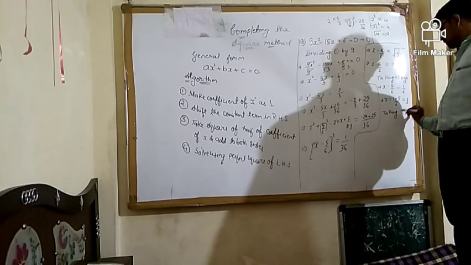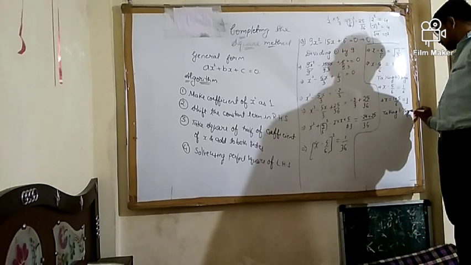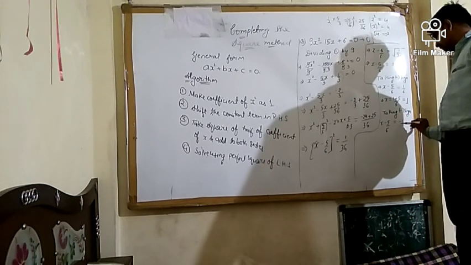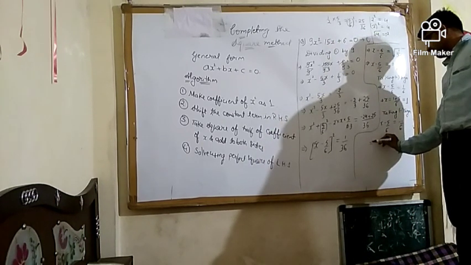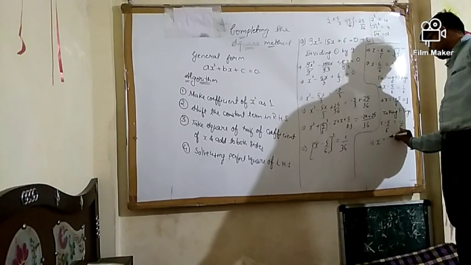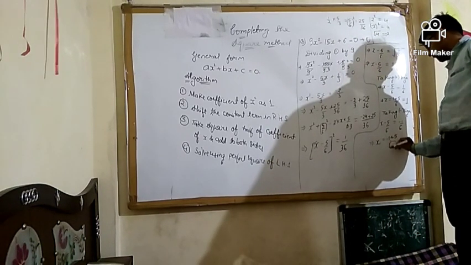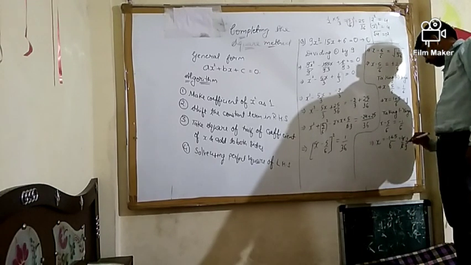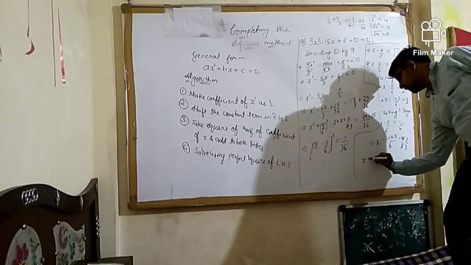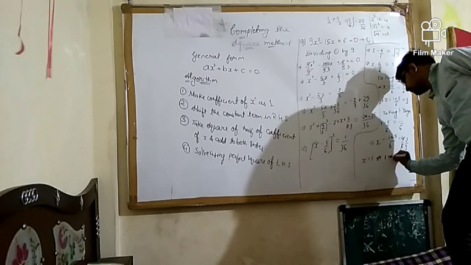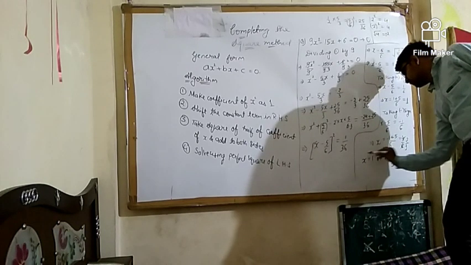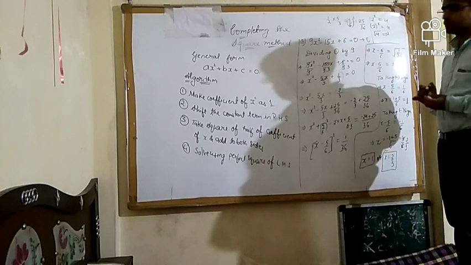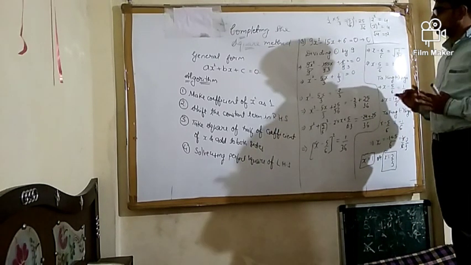taking the negative sign, what I will get is x minus 5 by 6 is equal to minus of 1 by 6. When you bring this to that side, what will it become? Minus 1 plus 5 upon 6, which will be equal to 4 by 6. Cancel it out, get 2 by 3. So the values of x are 1 or x equal to 2 by 3. This is how we solve a quadratic equation using the completing the square method.